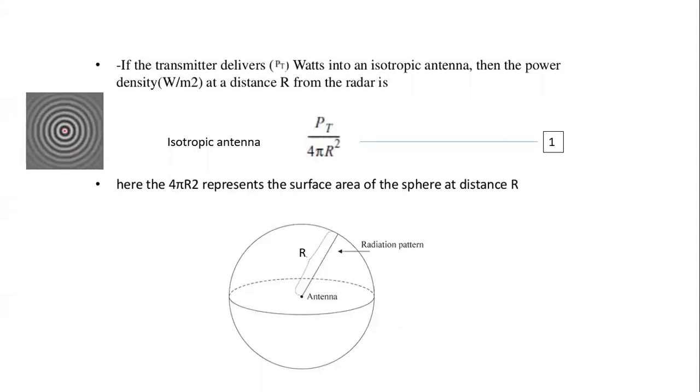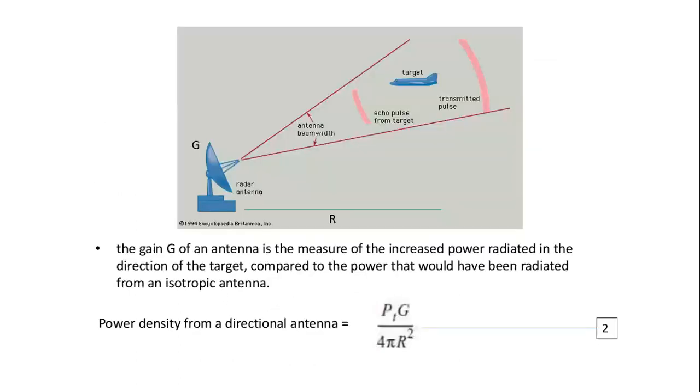So we are taking the term 4 pi r square, where r is the radius from the antenna to the maximum range that it is having. First thing, we consider that the isotropic antenna is sending in all 360 degrees, so we are calling it a sphere, and now we are taking the surface area of a sphere, that is 4 pi r square. PT is the power transmitted by the antenna. So the equation we now have is PT by 4 pi r square.